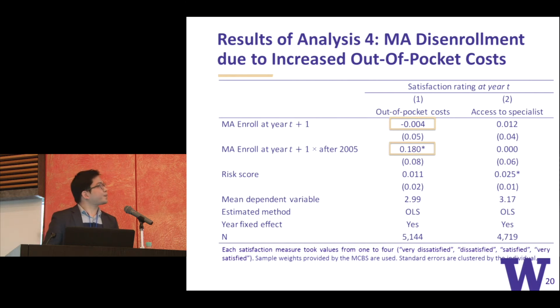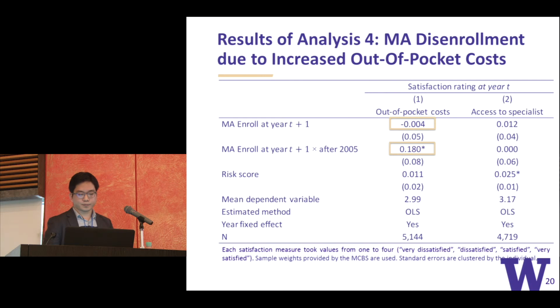That means that in the post-ACC period, compared to people switching to FFS plans next year, people staying in MA plans were more likely to be satisfied with out-of-pocket cost. So I think this result shows that MA enrollees were more likely to disenroll mainly because of out-of-pocket costs as a result of service level selection. And I couldn't see any significant results for the other 9